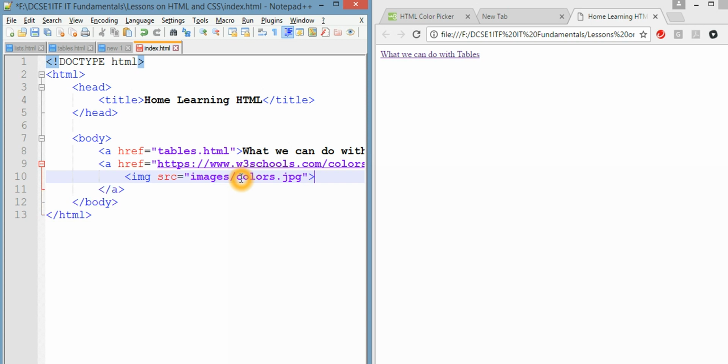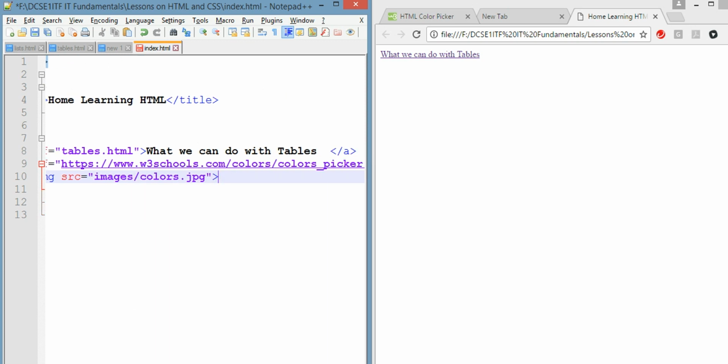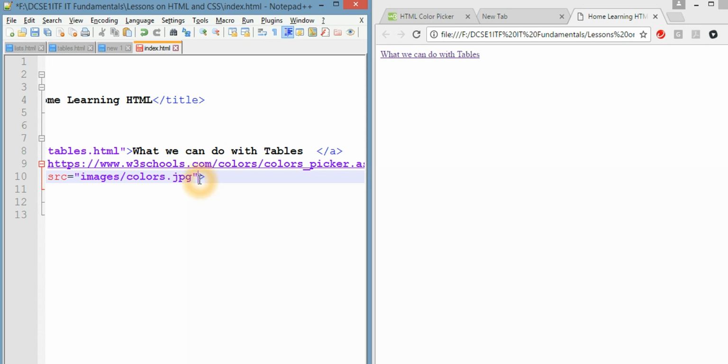And we probably only want a small icon. And for the size, width equals, maybe I might make it 50, even that might be too big. That's the width,